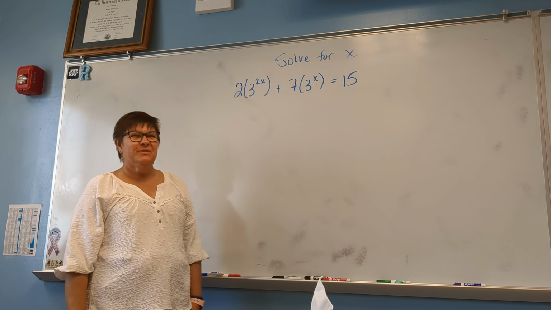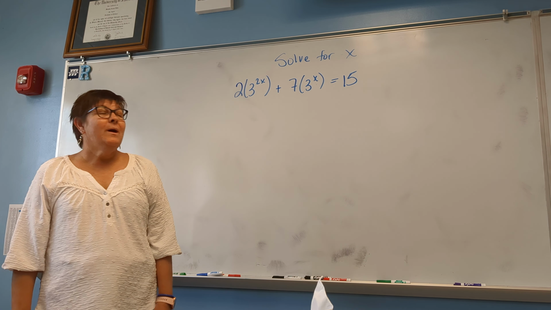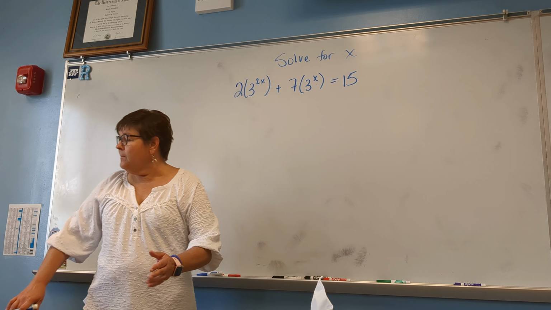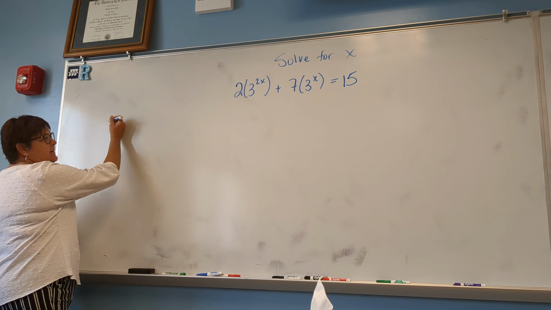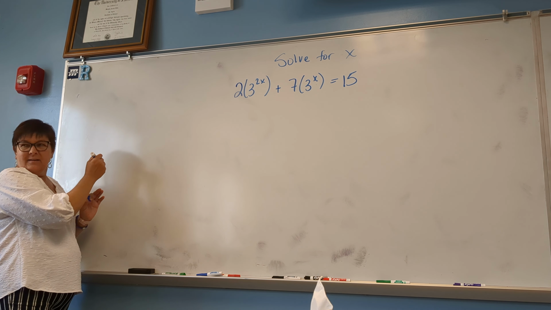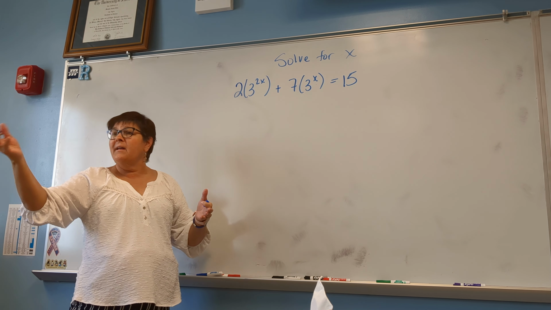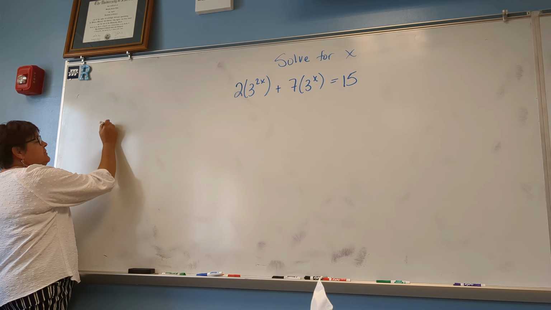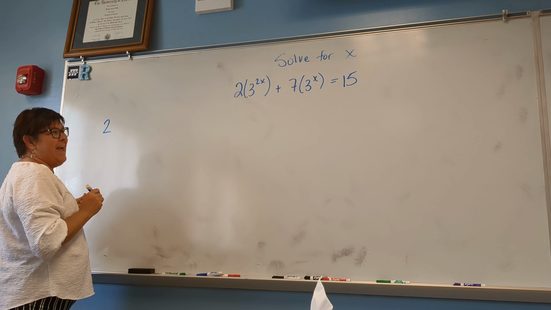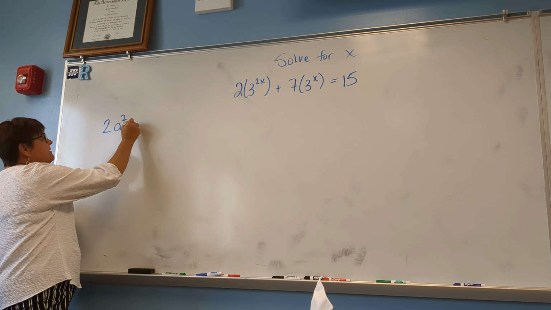What does it kind of look like? It looks like a quadratic to me as well. If this was a quadratic, what would it look like? Like an x squared thing? Yeah. Let's not use x again, use another letter. What do we got? A. Okay, so you would say I have 2, and then a squared. Are you guys cool with what I just said? Plus 7 times,